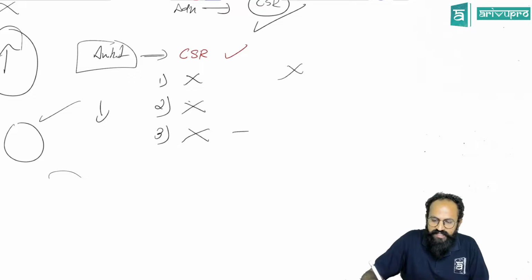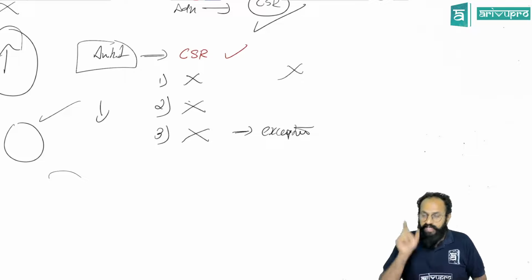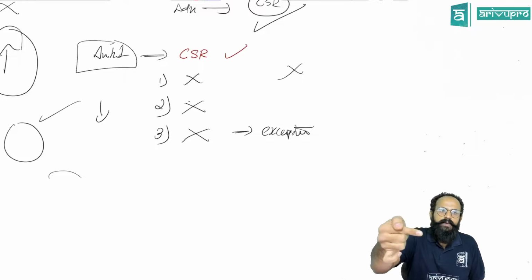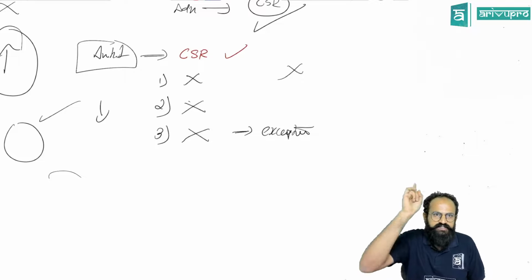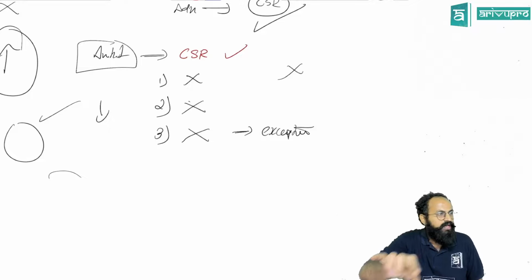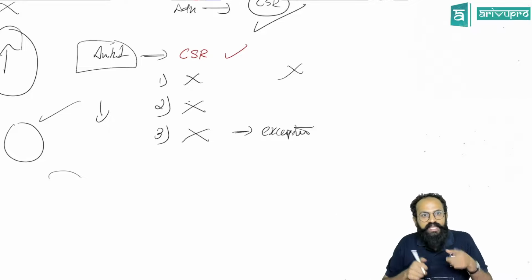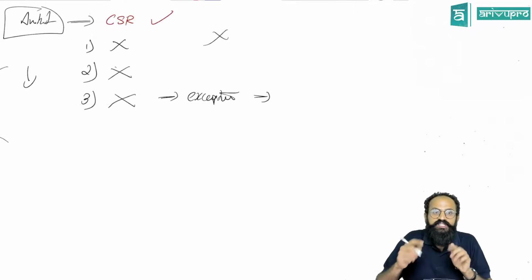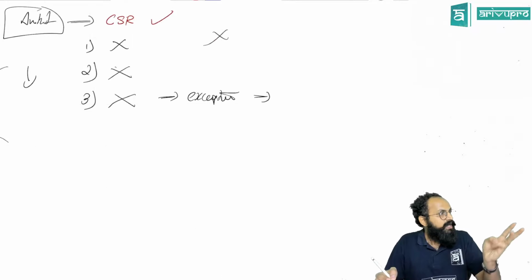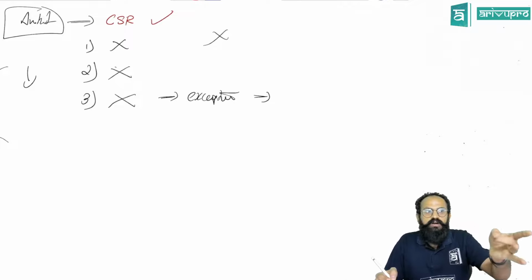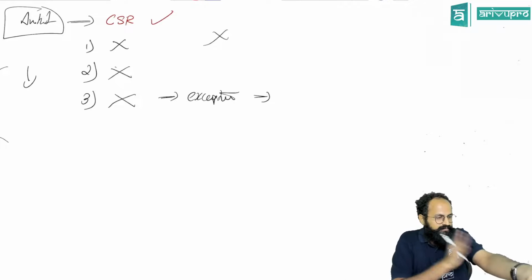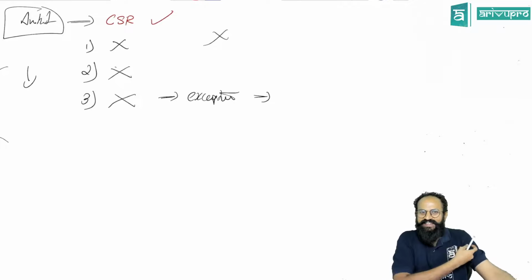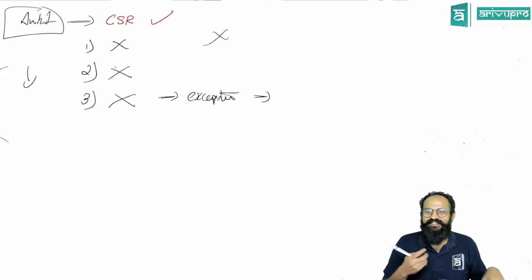There is one exception they give. Earlier, it was specifically written that any amount spent towards the ordinary course of business is not considered as CSR. First it was there, now they struck that off. Why? They gave an exception. What is that exception? If anyone is working towards vaccines, medicine, or anything like drugs.